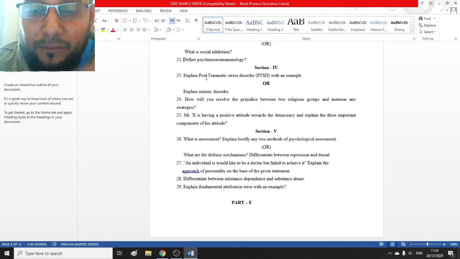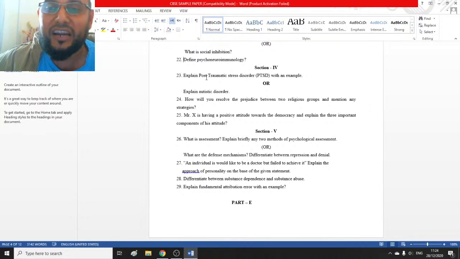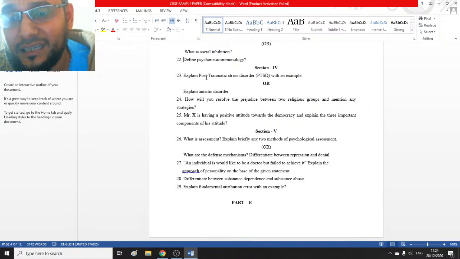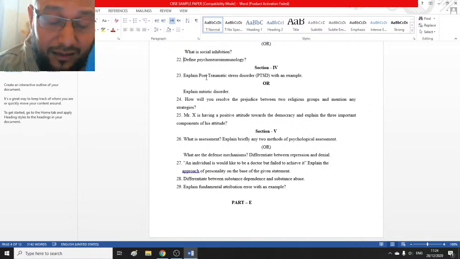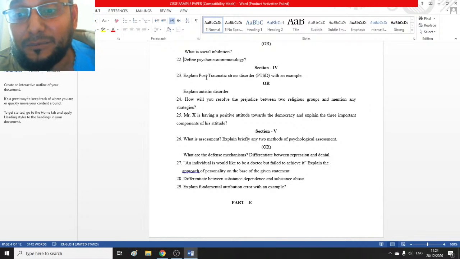Increase intergroup communication. If you are able to create one group and arrange a dialogue between the two religious groups or caste groups, any one area you take here. Increase the intergroup communication, introduce superordinate goals. The third one, arrange as many get-togethers as possible in a friendly environment.